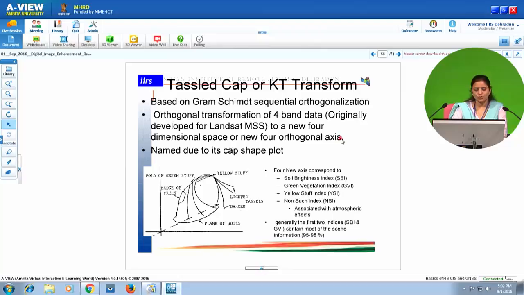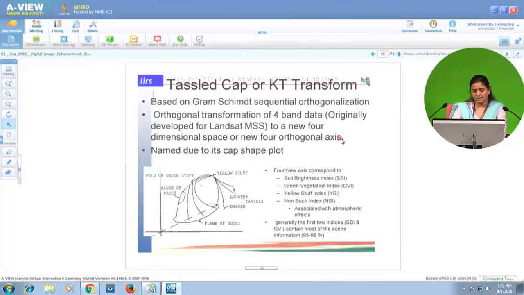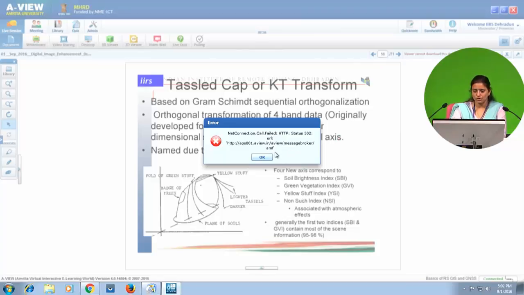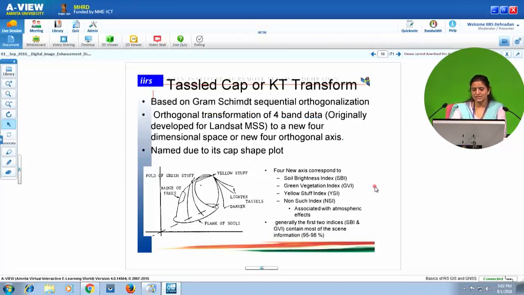It is named due to its cap-shaped plot. The 4 new axes correspond to soil brightness index, green vegetation index, yellow stuff index, and non-such index. It is associated with atmospheric effects.